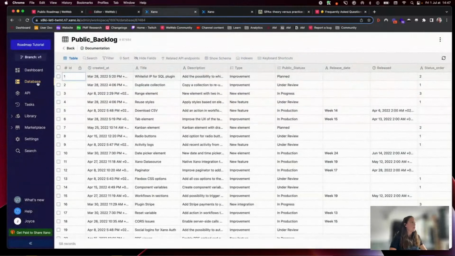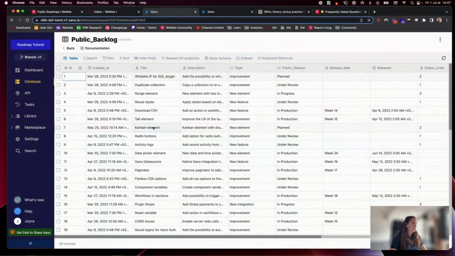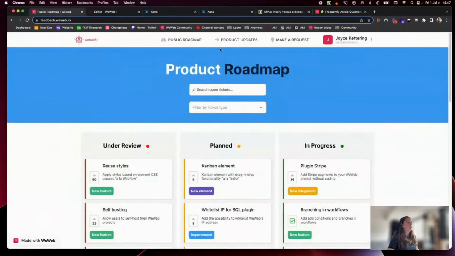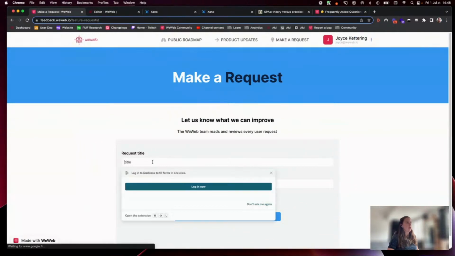So you saw here I have three tables. The public backlog is actually a list of tickets, so a list of titles, and the way we work at WeWeb is basically we have a file with all the user feedback that we get. We include it in the file. So for example, if you make a request here in feature requests,